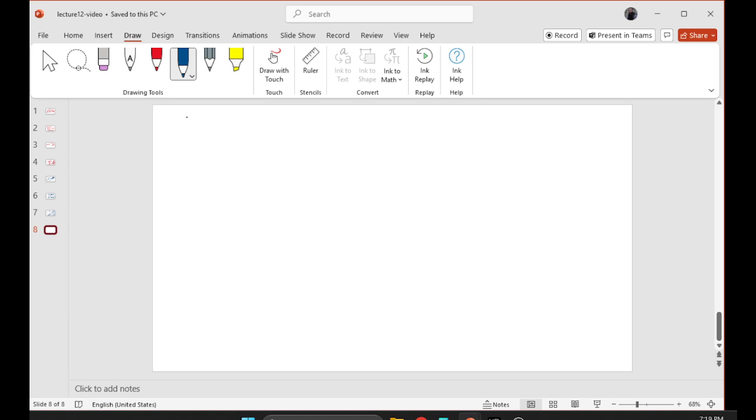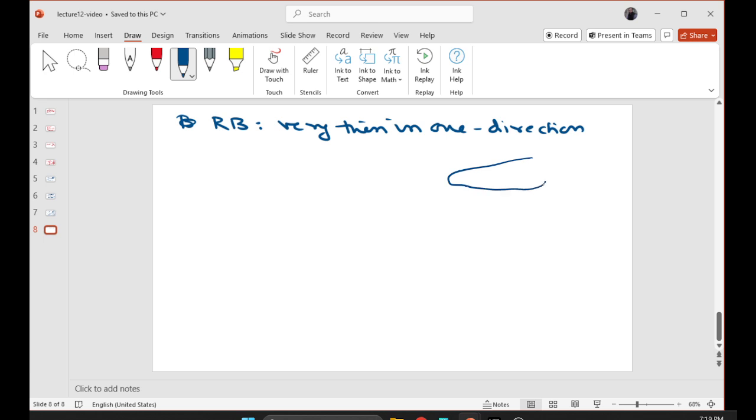For example, consider a rigid body which is very thin in one direction. For example, consider a thin plate. This is a plate of arbitrary shape. Now this thickness, which I am trying to represent with these lines here, if that is very small,